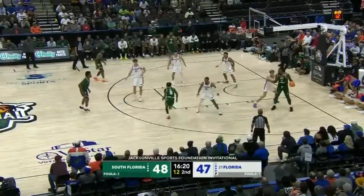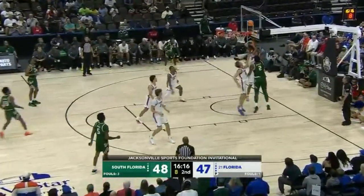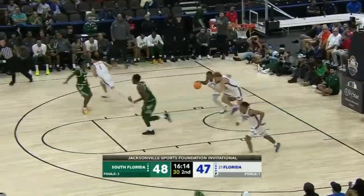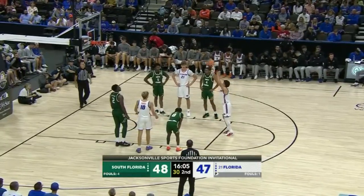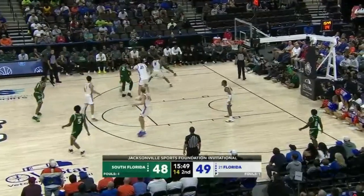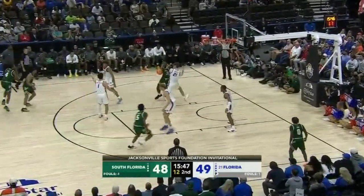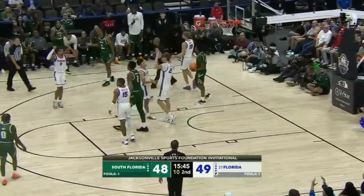Reynolds, yep, he's got position. And they've really put a focal point at pounding it inside. Reynolds barging right into Hauk. Little too out of the play. At the free throw line, Walter Clayton Jr., 2 shots. Oh, so he's going to have to take a seat here for quite a while. And they're back in front by 1. Reynolds trying to use his size and physicality to his...